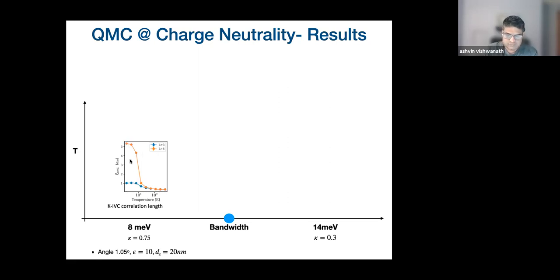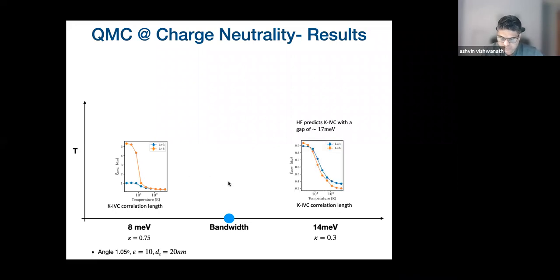This size dependence is a sign that in the thermodynamic limit at zero temperature, you'll establish long-range order. The particular order that we found is exactly the one identified in strong coupling and Hartree-Fock theory. It's the KIVC order. So in this limit of somewhat small bandwidth, at least at zero temperature, you recover what you expect. The interesting thing will come when we heat up this system and see how things change as a function of temperature.